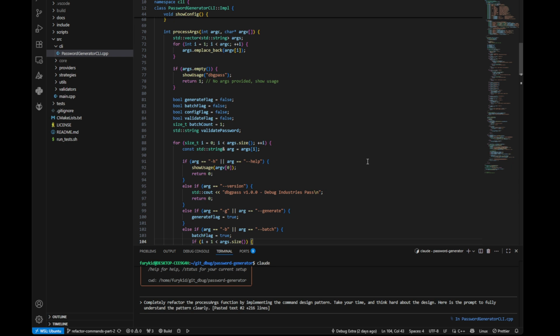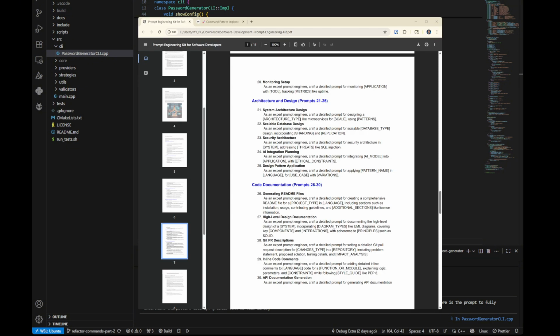Some of these LLMs spit out code and produce results pretty quick. Other ones seem to think a little harder and come out with either similar or maybe a little better results. I don't know. It's back and forth. Anyway, carrying on. I start over here with this prompt kit that I have, and my favorite prompt to use